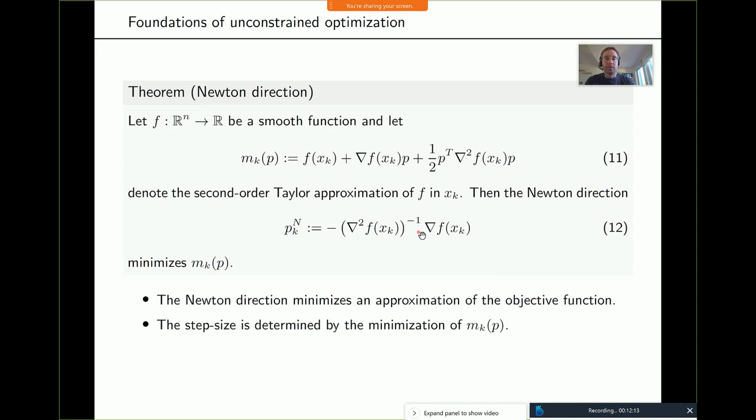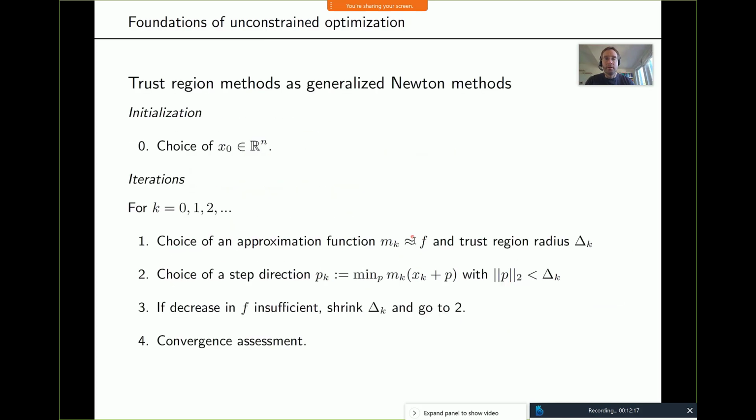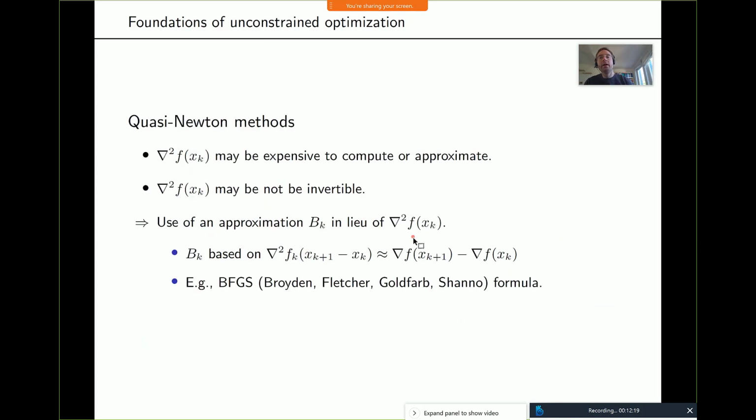So it might be a little bit hard to compute this inversion, and you actually would need to invert this on each iteration. So this is why there's a bunch of methods called quasi-Newton methods that fiddle essentially with the